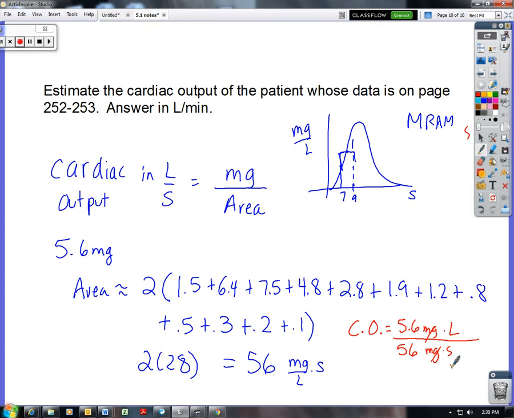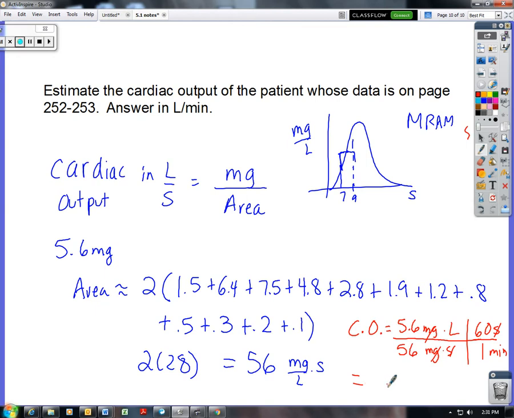But the question specifically asked for liters per minute, so I'm going to use a dimensional analysis here, and there are 60 seconds in 1 minute. And then the seconds will cancel and we'll get minutes. So if you work this out, you should get,